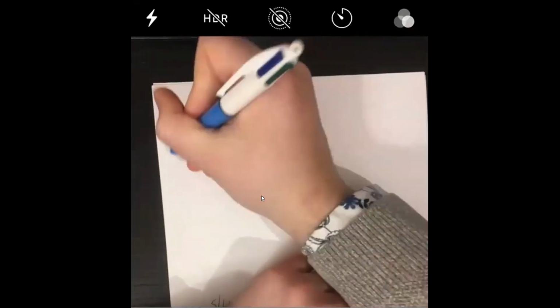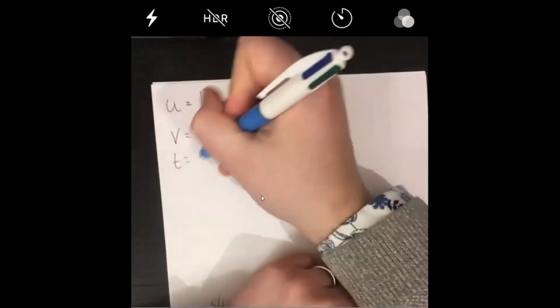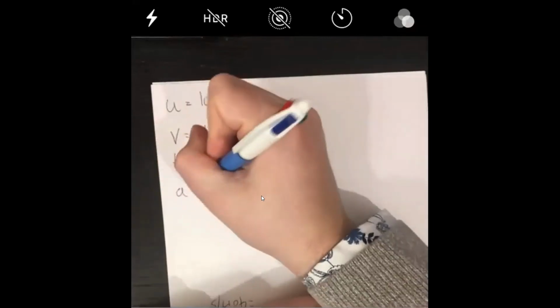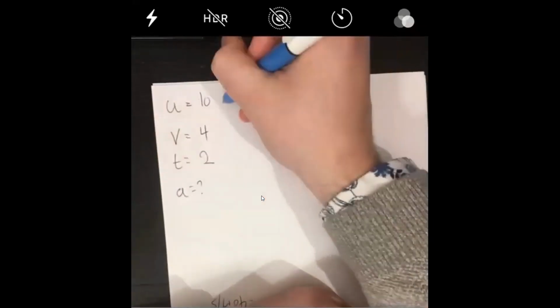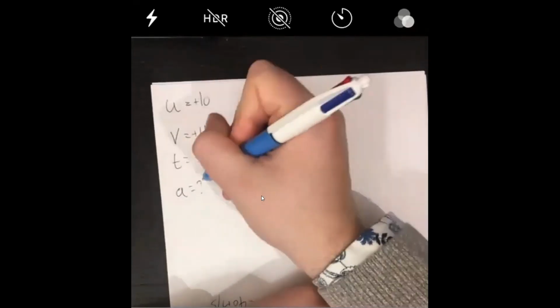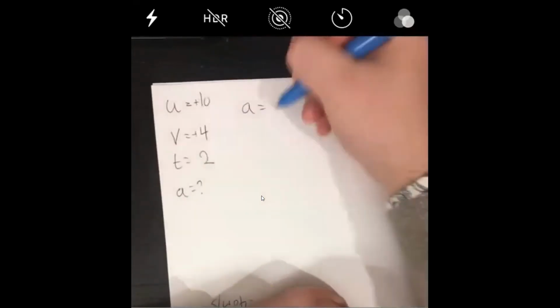And you do that change in speed in 2 seconds. And we want to work out what is the acceleration. Well, by the way, this is positive, this is still positive. So acceleration equals